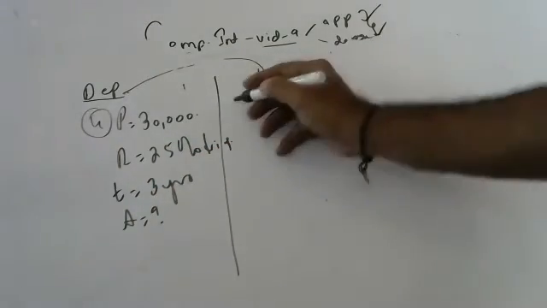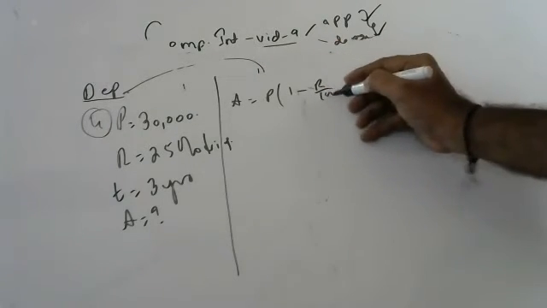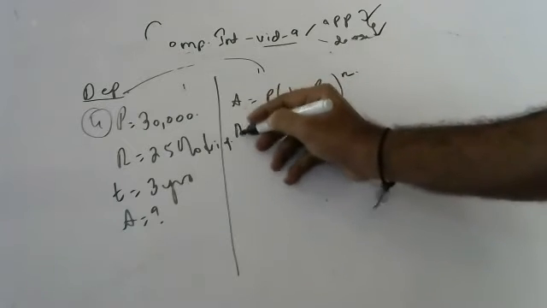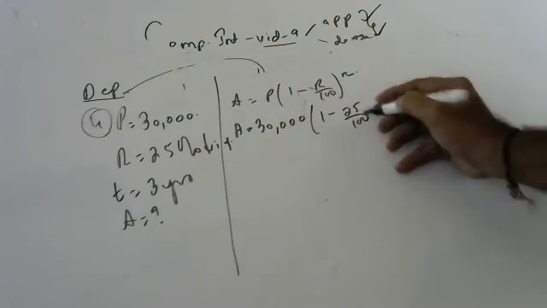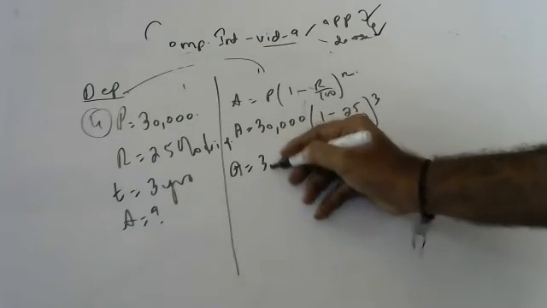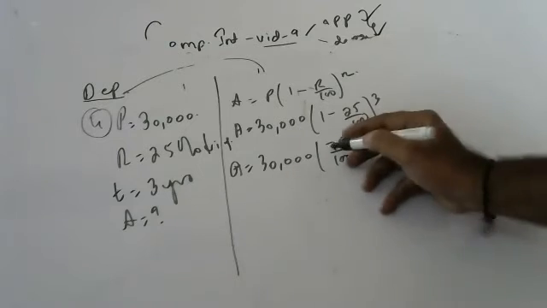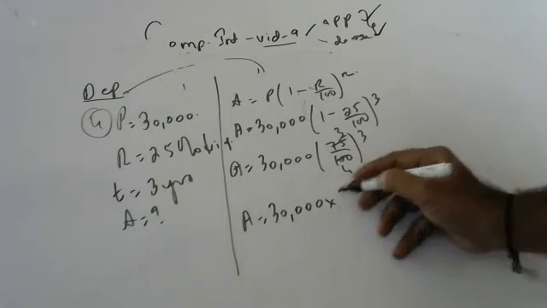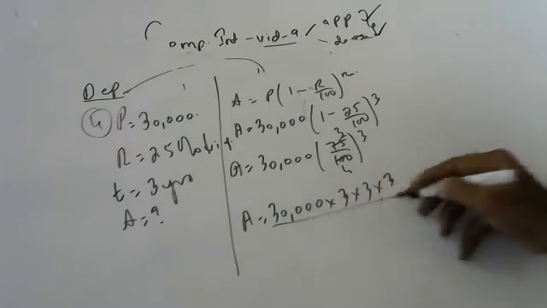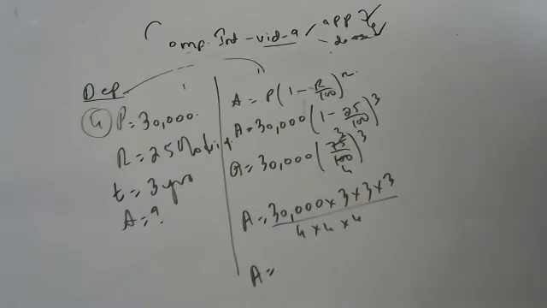Sir, A is equal to P into 1 plus R by 100. No, minus. Yes, 30,000 into 1 minus 25 by 100 whole cube. The amount is equal to 30,000 into 75 by 100 whole cube, which is 30,000 into 3 into 3 into 3 by 4 into 4 into 4. So the cost of the house after 3 years at this rate of depreciation will be